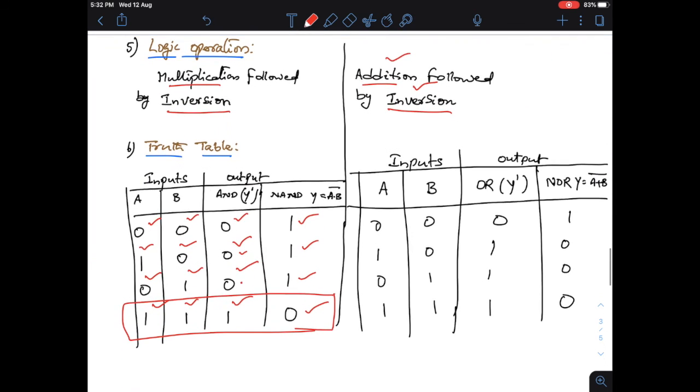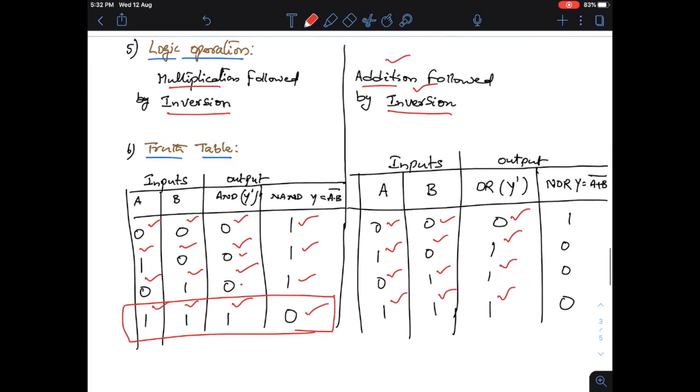Now, let us see the truth table. For OR gate, truth table is similar. So, these are inputs A and B. So, 0, 0. OR gate output is Y dash. So, Y dash will be 0. And if A is 0, B is 1, or A is 1, B is 0, then it is 1. Either of them is high, then it will be high. And if both of them are high, it will be high. So, this is about OR gate.